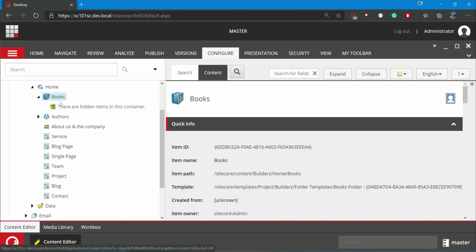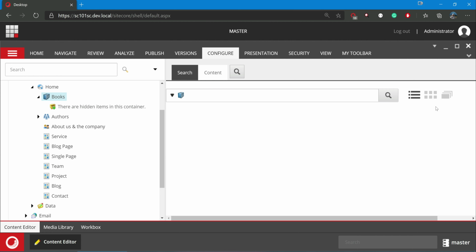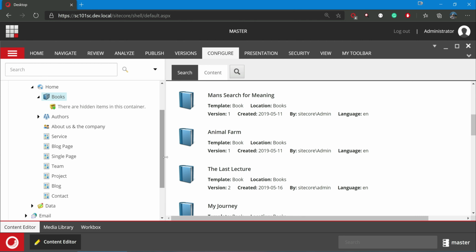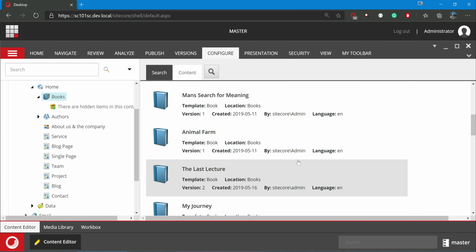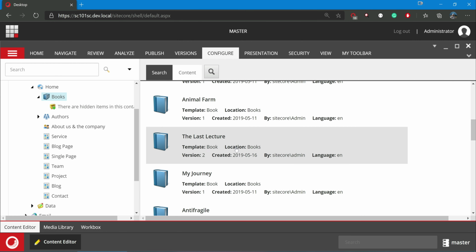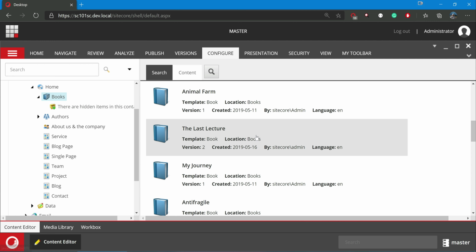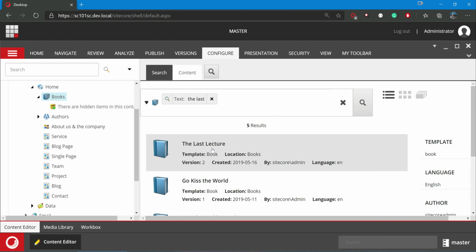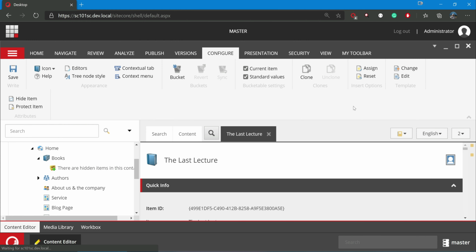I can't see them. So I need to go to search and just do a basic search. So I get books, all these book items. And maybe I want to go to the last lecture book. I can search here. So if I select this,